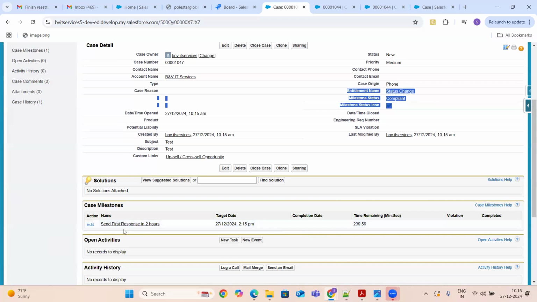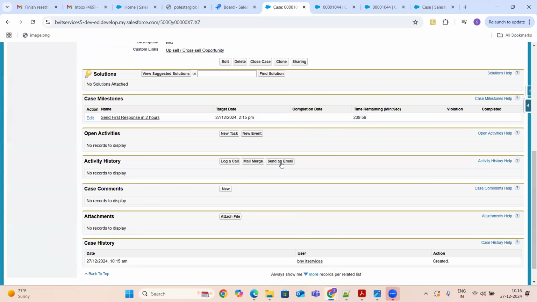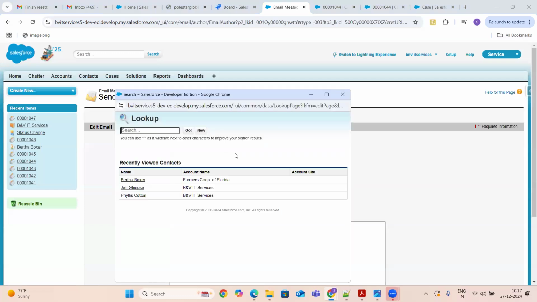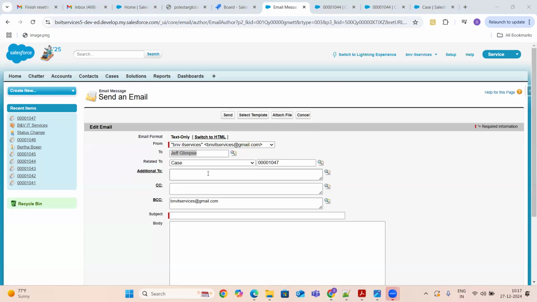Okay, so what is the first response is either I can just send an email from my case. When I click on send an email, this is where I can just select some person, some contact or some person. Okay, then I can just send some email.